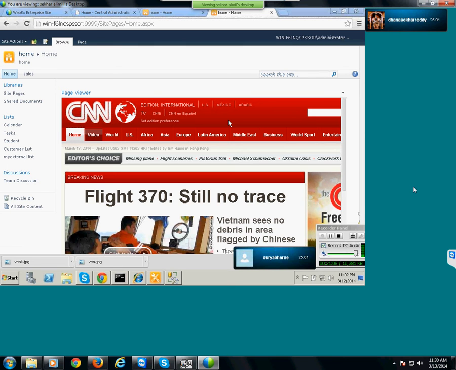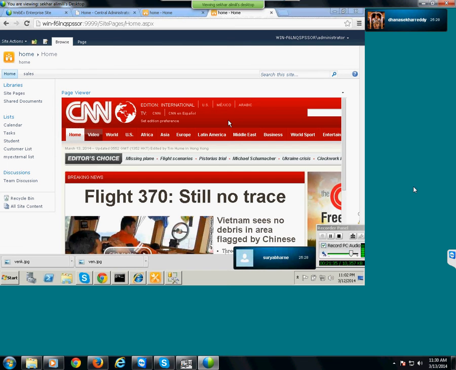I pasted my custom image, so how did it come to the left top corner? Where should I paste those images? Once you install SharePoint, which folder will be created? The 14 hive folder. Yes, exactly.